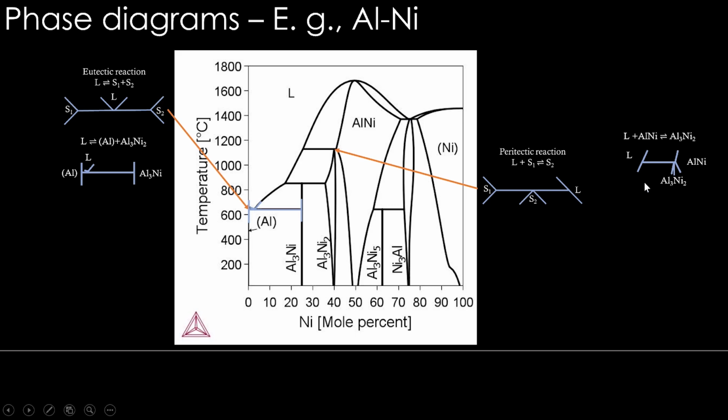The product here below this V sort of thing is here. So this is that V now, okay, Al3Ni2. It's a very narrow ranged compound, and you can see this is here. So this Al3Ni2 is the product. AlNi is the one solid which combines with this liquid to give this new solid Al3Ni2. So that is the pattern, right? So that is one peritectic reaction.